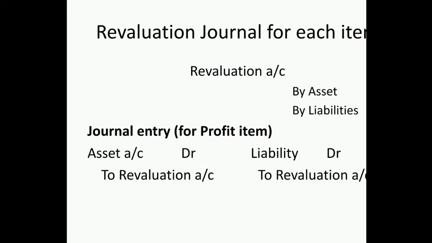Then for the items on the credit side, or else the profit item. If you get profit under your revaluation, that is posted to the credit side of the revaluation account. So by asset or by liability, whichever item you are getting, the journal entry is asset account debtor to revaluation account, or liability account debtor to revaluation account. Okay. Next,